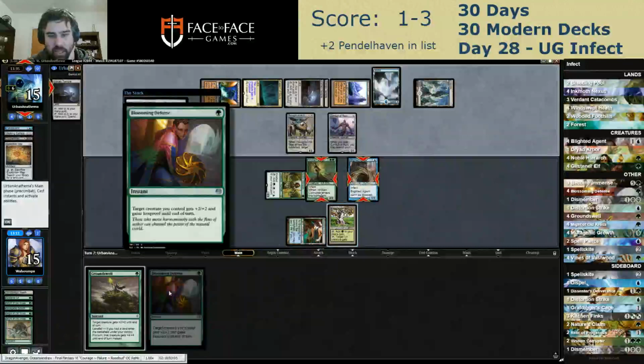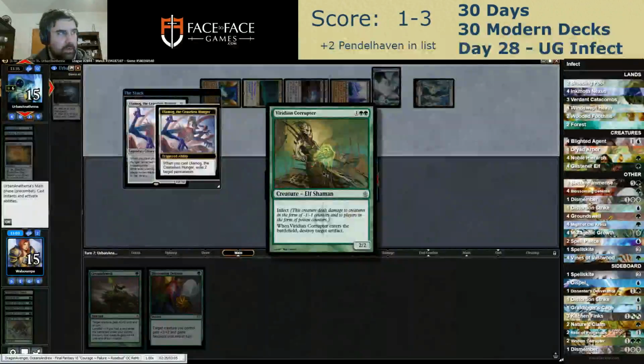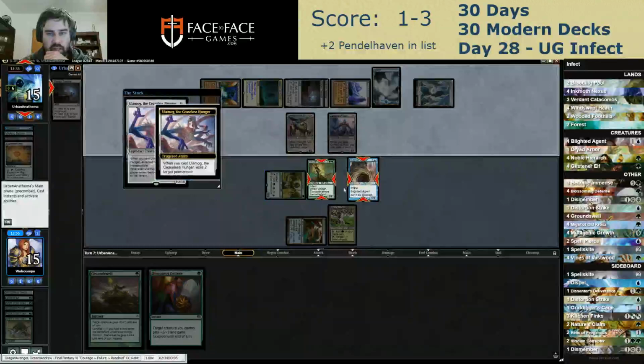Let's see. Because I can Blossoming Defense the agent. Their line is correct, by the way. Actually, I don't care about this. I think they should have gotten the Noble Hierarch, for what it's worth. I think their best line there was to get the Noble Hierarch and the...